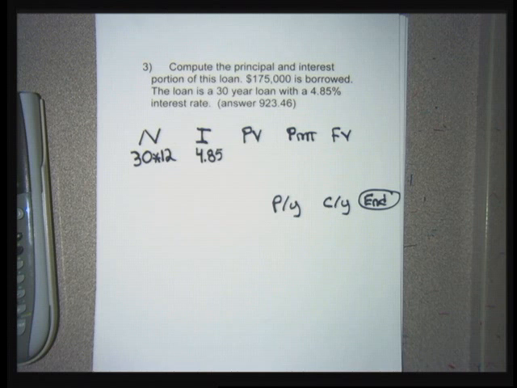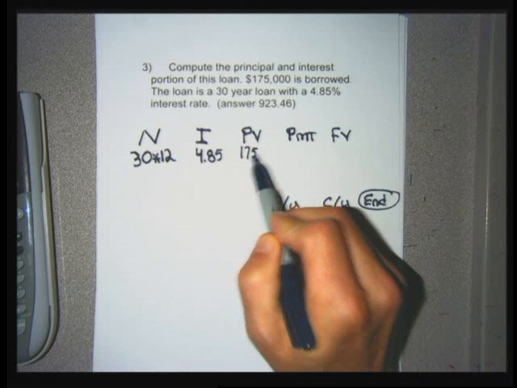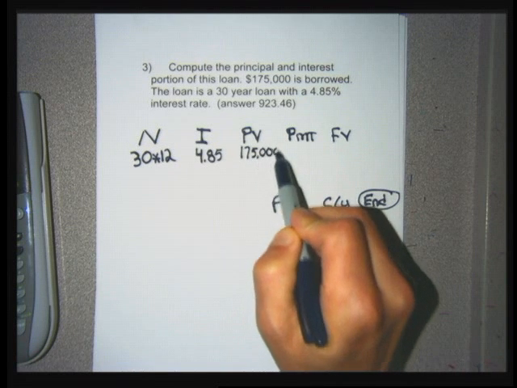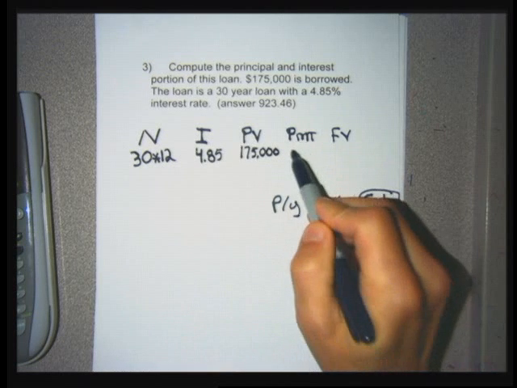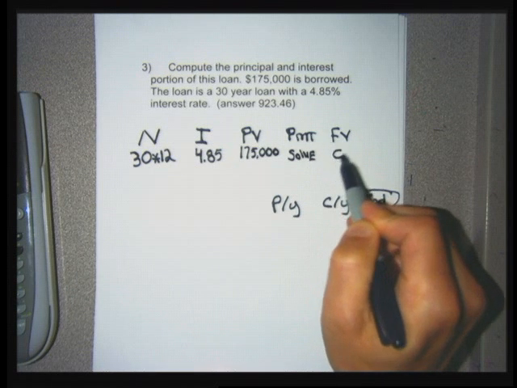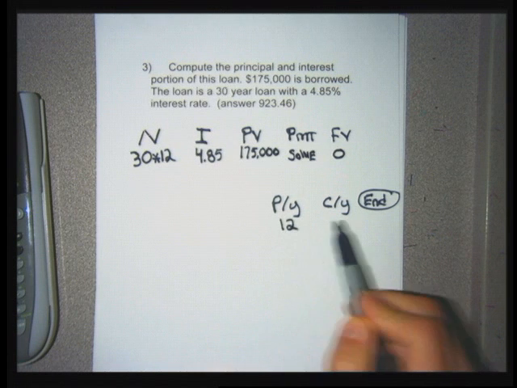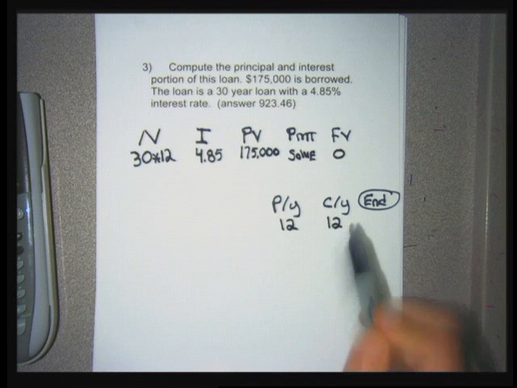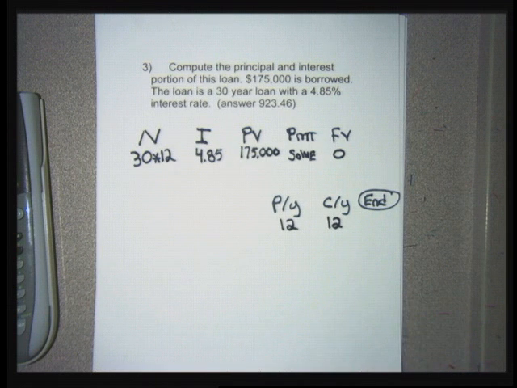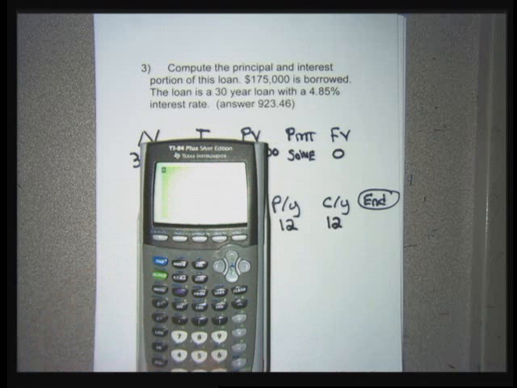The PV is the loan amount. I only see $1 figure, so it doesn't really matter because I'm only going to enter $1 figure, the sign that I attach to the dollar amount. And usually we make the loan amount for a car or a house a positive value. I'm solving for the payment, so ultimately I'm going to arrow up to the PMT and hit alpha solve. And at the end of paying off the loan, I want the future value to be 0. The PY is the 12 payments I'm making per year. And in all loan problems, the PY and the CY, how often you're paying interest and how often you're making payments, coincide. So I'm going to get this answer, hopefully, of $923.46